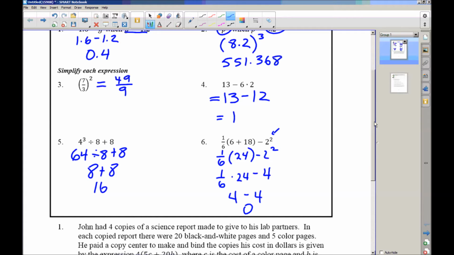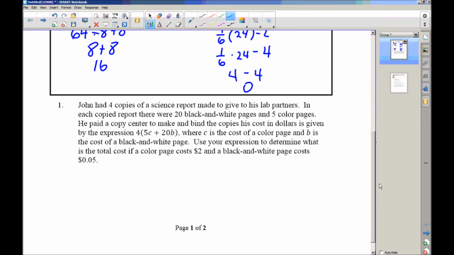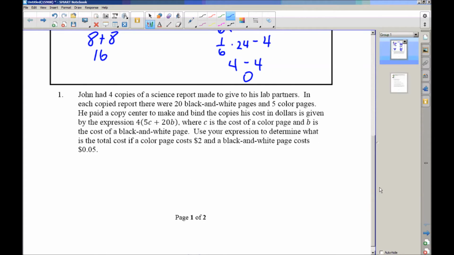All right. Number 1 on the bottom. So this is new material, kind of. This should be review still. John has 4 copies of the science report made to give to his lab partners. In each copy of the report, there are 20 black and white pages and 5 color pages. He paid a copy center to make and bind the copies, and his cost in dollars is given by the expression 4 times, so this is 4 for the 4 copies,